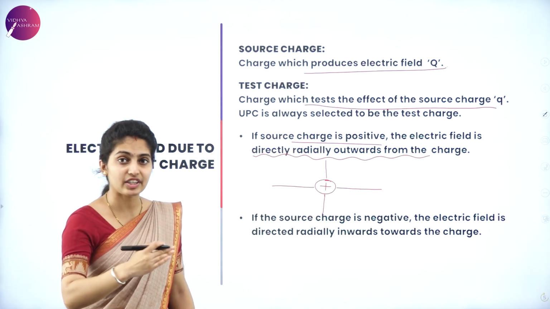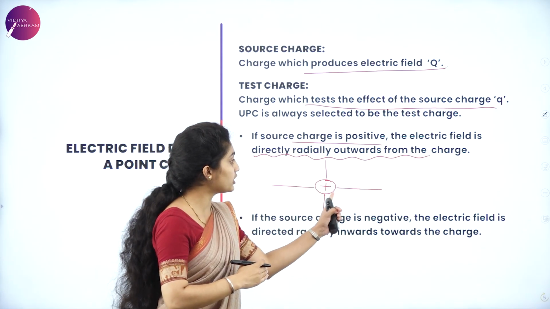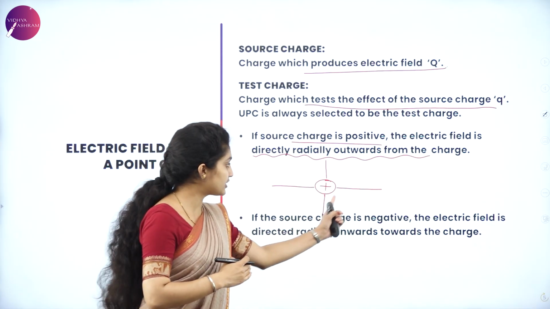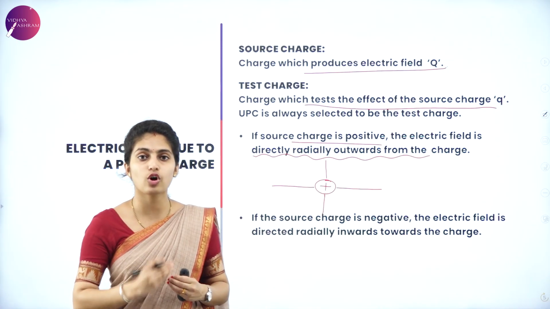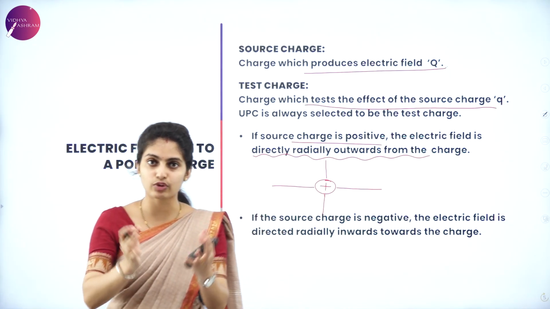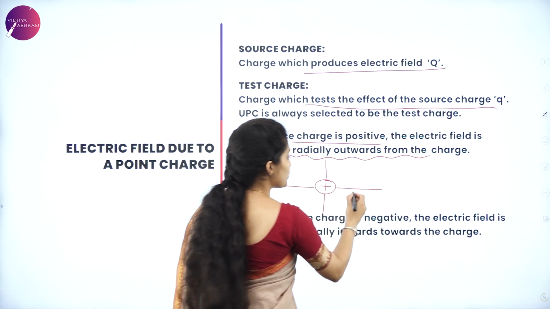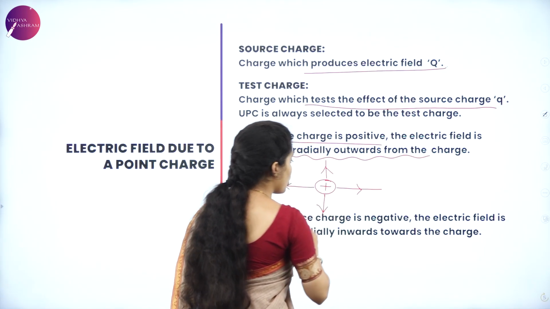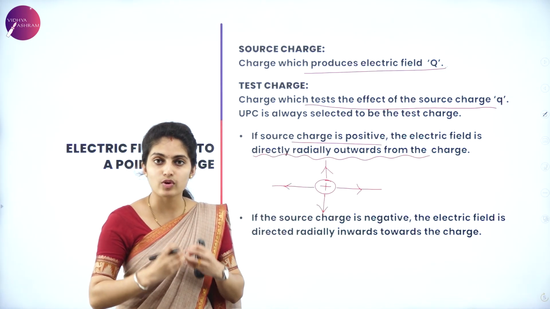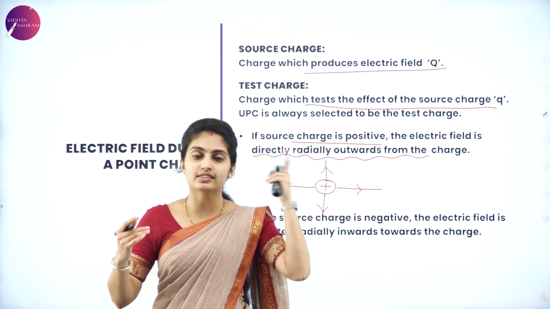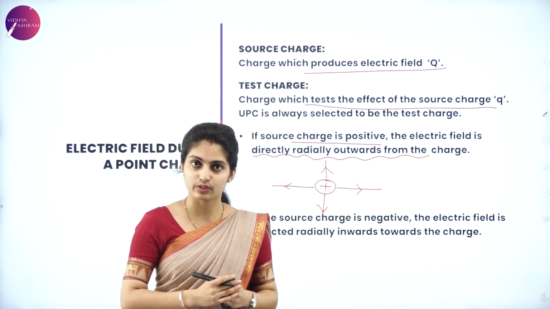Radial means perpendicular, so I draw radial lines around the charge. When I draw them outwards, the effect of the positive charge is always outwards,